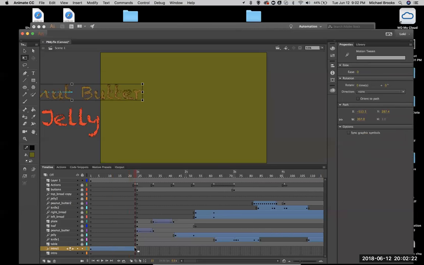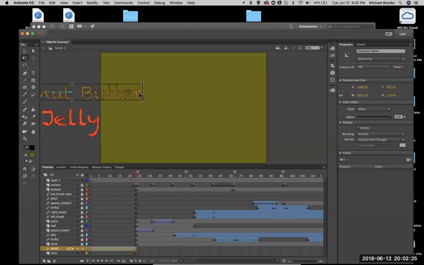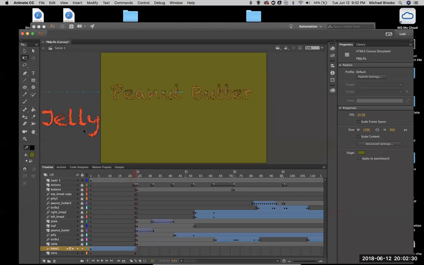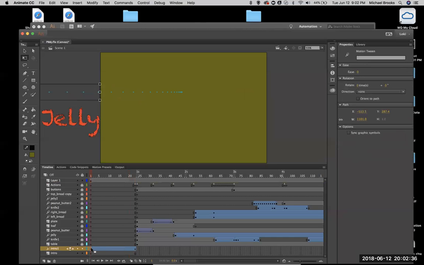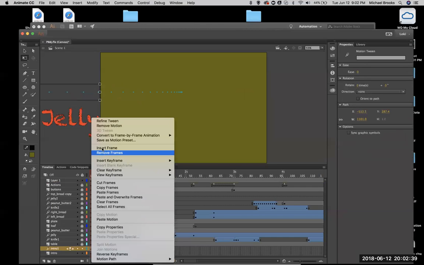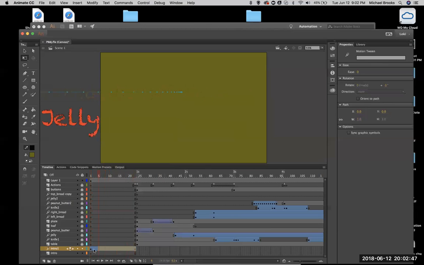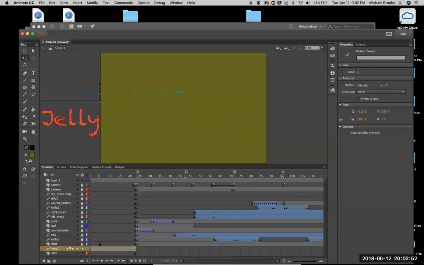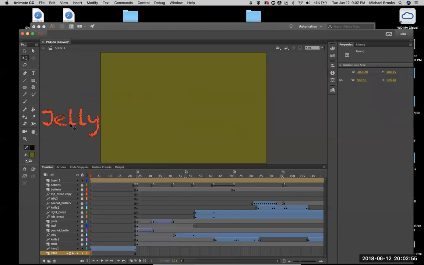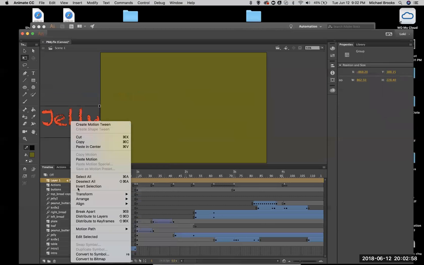See? So right here, now this is going to shoot to right there. And then we're going to do the same here. So all I have to do is right click and copy. Notice it's not even selected. To do this, what you have to do is select the whole thing, right click. Now copy motion. All right, now this one, we're going to do the same thing, and we're going to convert to symbol,